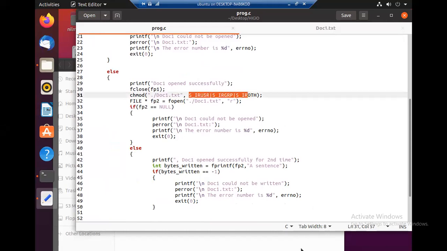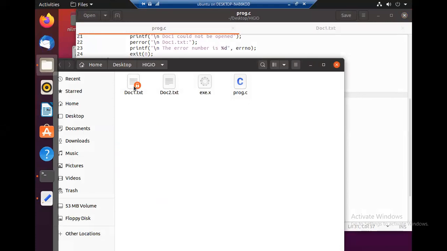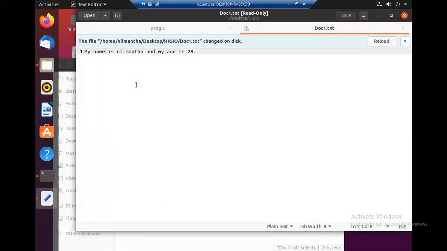So if you go to this one here, you can see this lock icon. That means this file has already been changed to read only, right?